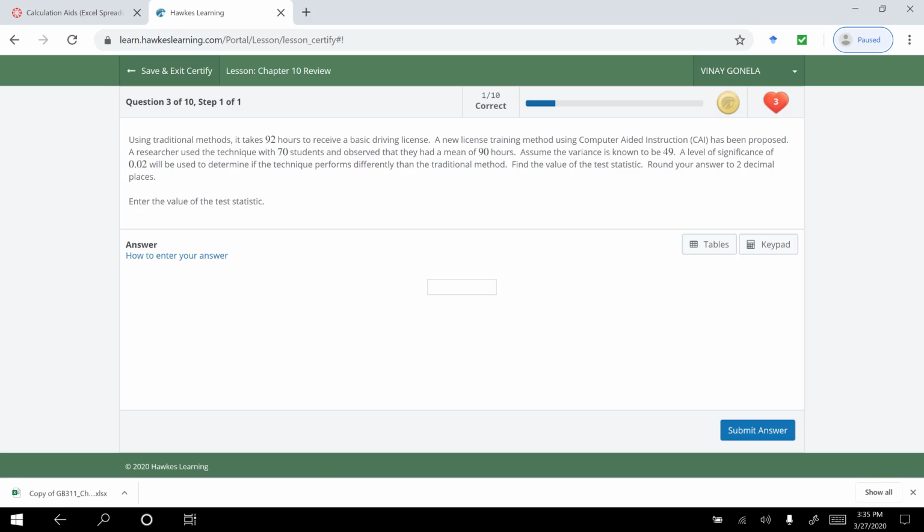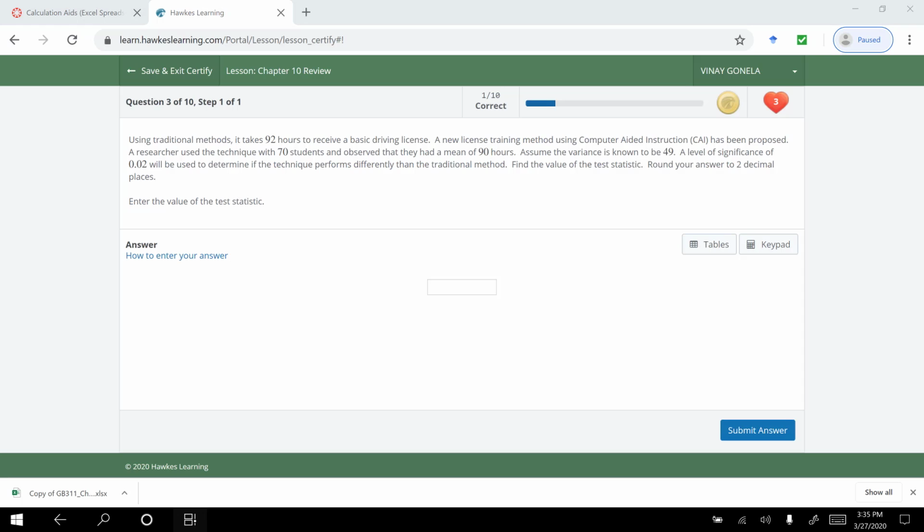A new license training method using computer aided instruction has been proposed. A researcher used the technique with 70 students and observed that they had a mean of 90. Assume that the variance is known to be 49 and the level of significance is 0.02. Because they are saying using the traditional method it takes 92 hours,